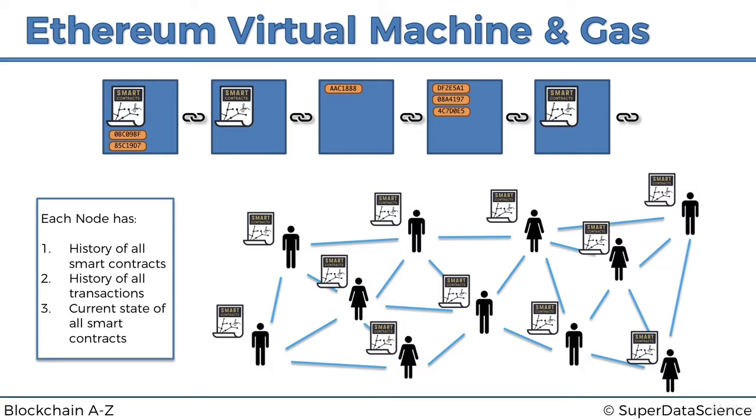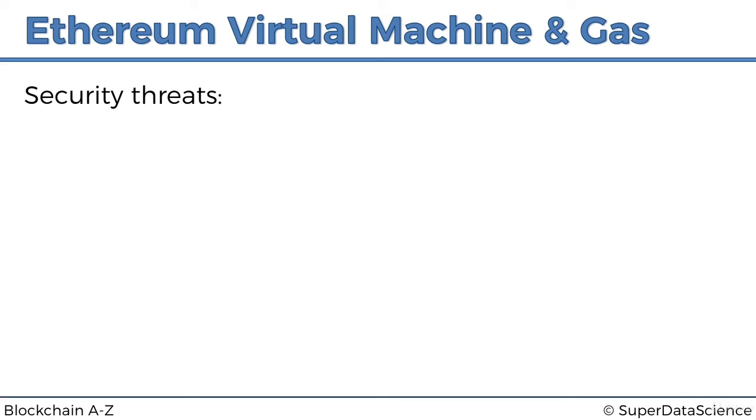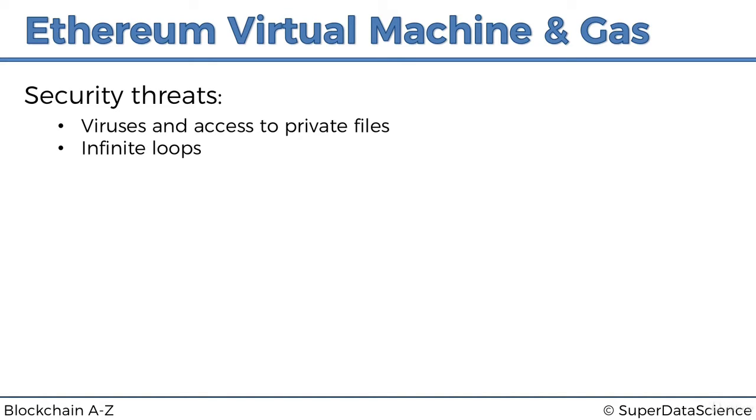And let alone the viruses, what if these smart contracts gain access to your private files? They're running on your machine. What if they access your files that you have on your hard drive and maybe even your webcam and things like that? Who needs that? Where's the protection from that? And so those are the two main security threats that we're going to address today. So let's outline them here. We've got viruses and access to private files, and infinite loops, or even just heavy computations. That's also sufficiently bad. So let's have a look.